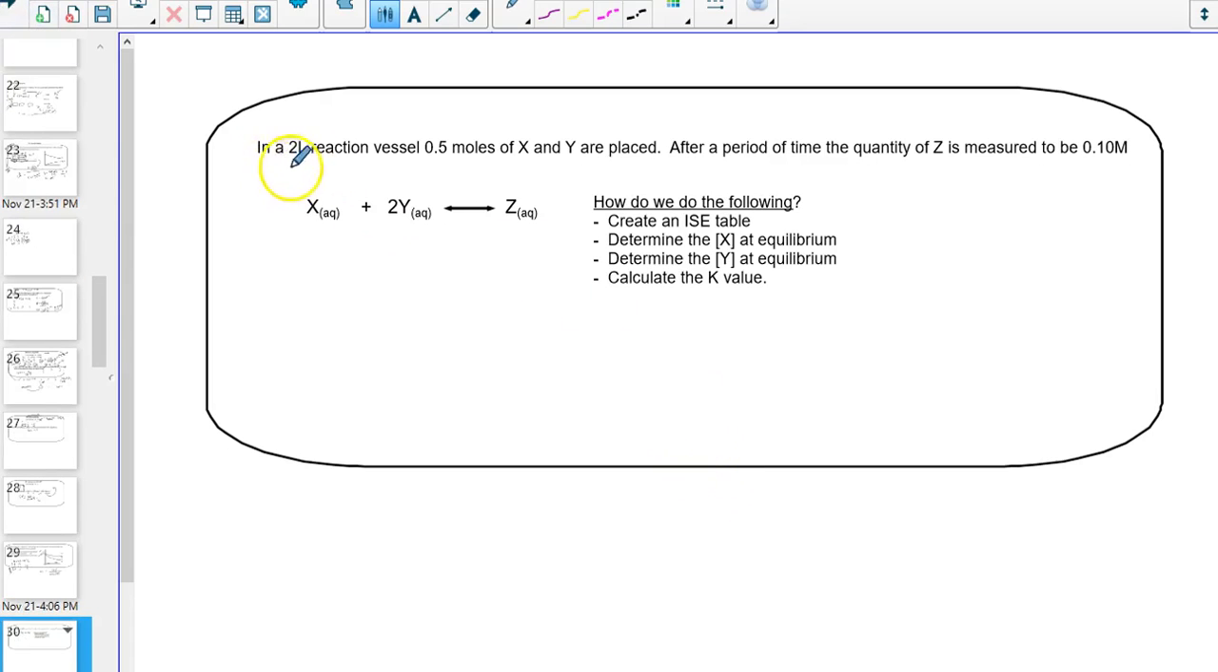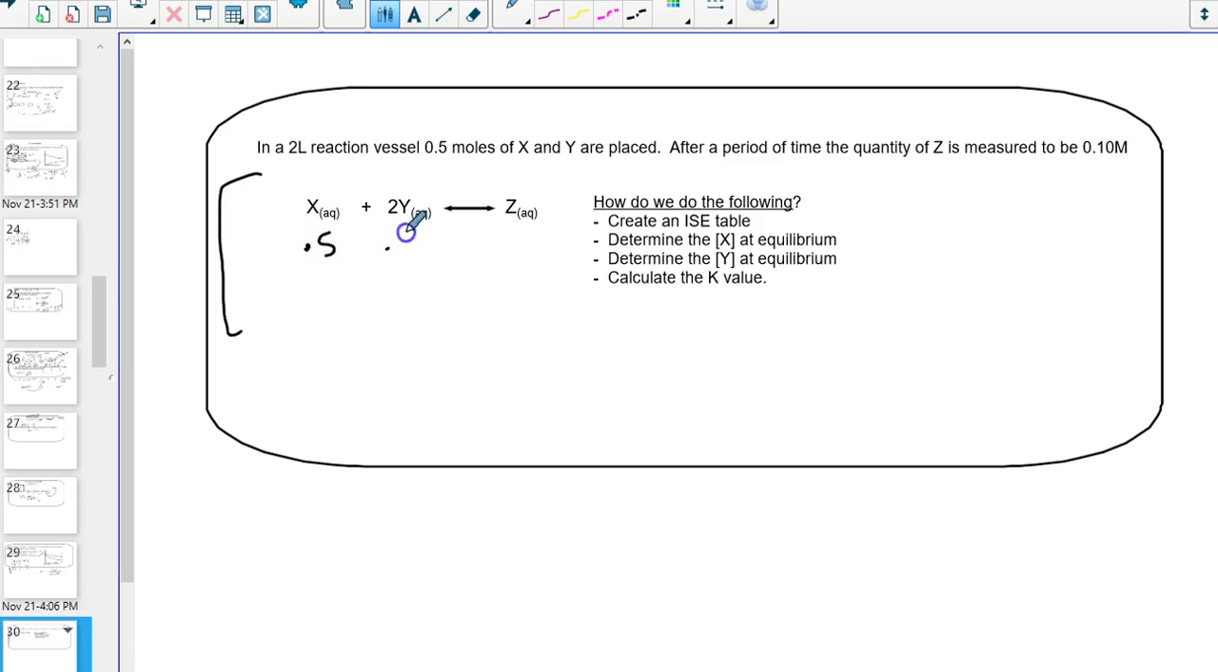Alright. In a 2-liter reaction vessel, 0.5 moles of X and Y are placed, and at a period of time Z measures 0.1. Okay. Go ahead and try it out. Go through all this stuff. Alright, so I'm getting up over 20 minutes here, so we're going to hopefully cut this out soon, but